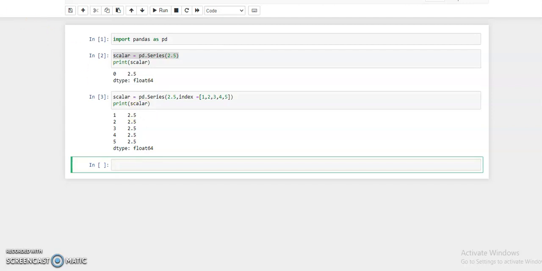Now we can create a series with the help of a dictionary. With the dictionary method we can create a series, which is another method. How to create? Simple, we write dictionary, or in short dict, equal to pd dot Series, and we pass here in the curly braces